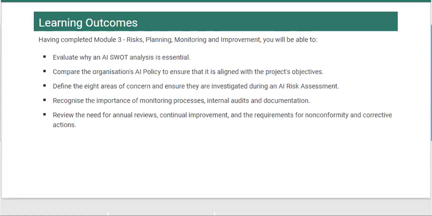Module 3, Risks, planning, monitoring and improvement. Learning outcomes. Having completed Module 3 Risks, Planning, Monitoring and Improvement, you will be able to